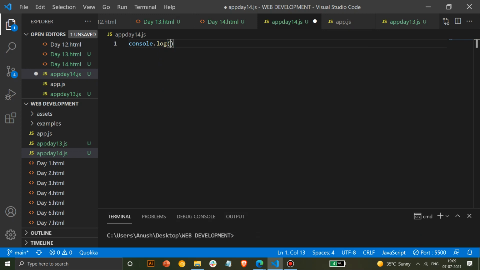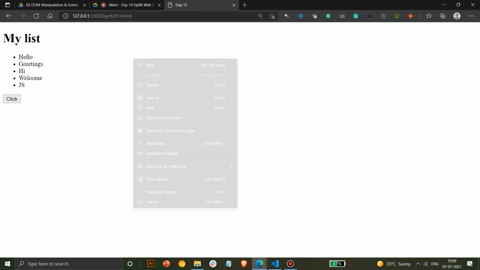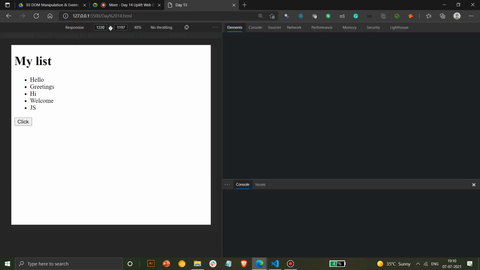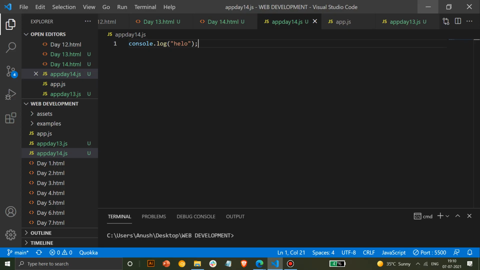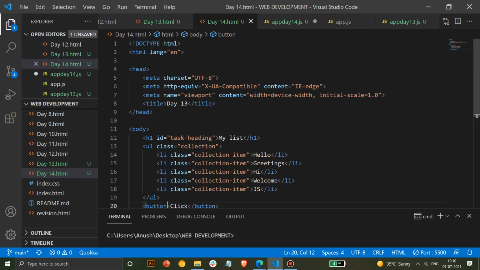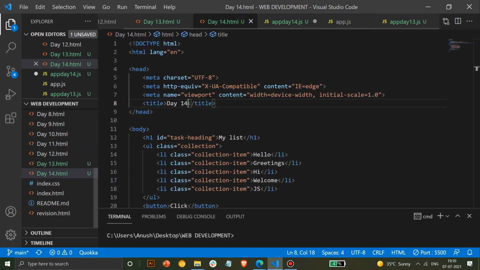Remember, this is the first step, and this is the most important one. If you type console.log, you can check if the JS file has printed something or not. So yes, it's connected. You can check this just by printing anything. Always check this before doing anything. Even if you have a CSS file, always check whether the external CSS file is connected successfully or not.